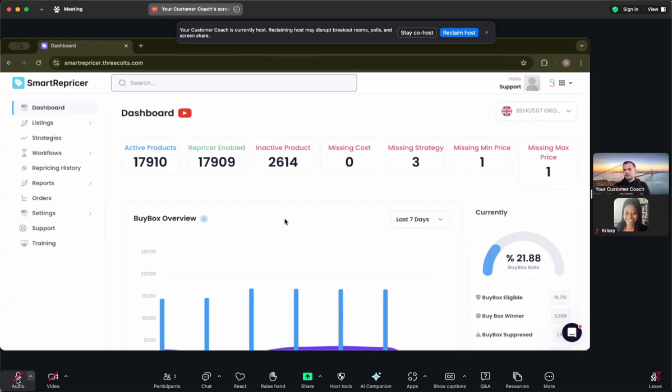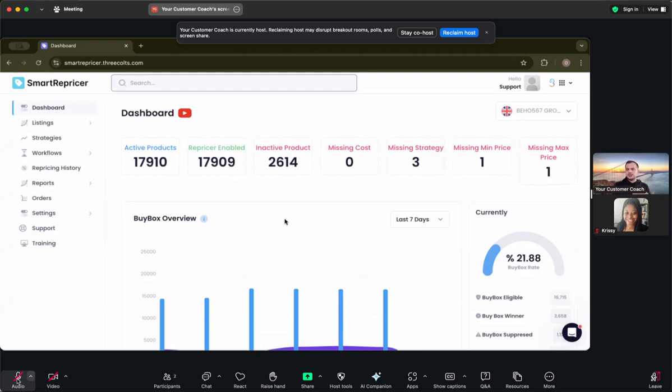First of all, I just would like to clarify what SmartRepricer is exactly and how it will benefit your inventory. SmartRepricer is an automatic repricer tool. It enables you to change your inventory prices all the time. Depending on your strategies, you can be the lowest for any detail page. You can be the highest price, or you can try to compete with any specific seller. Without giving specific information on the seller type, you will have a chance to compete with FBA, FBM, or Amazon sellers